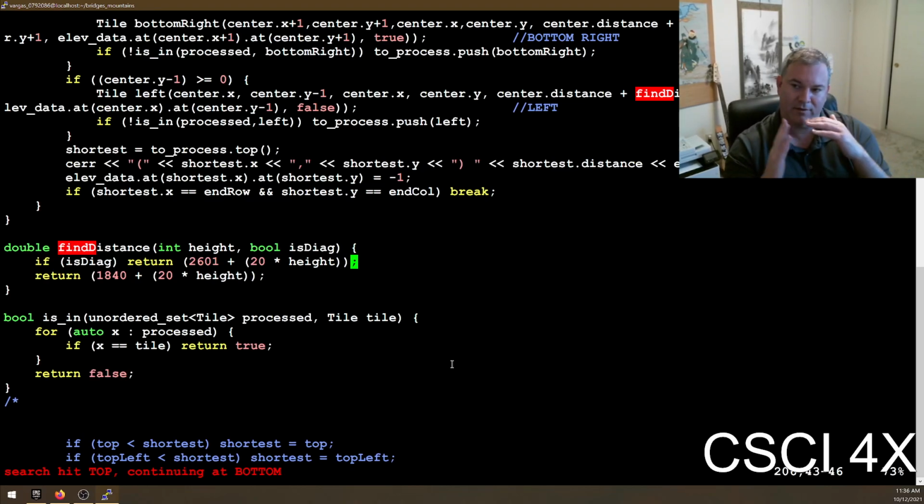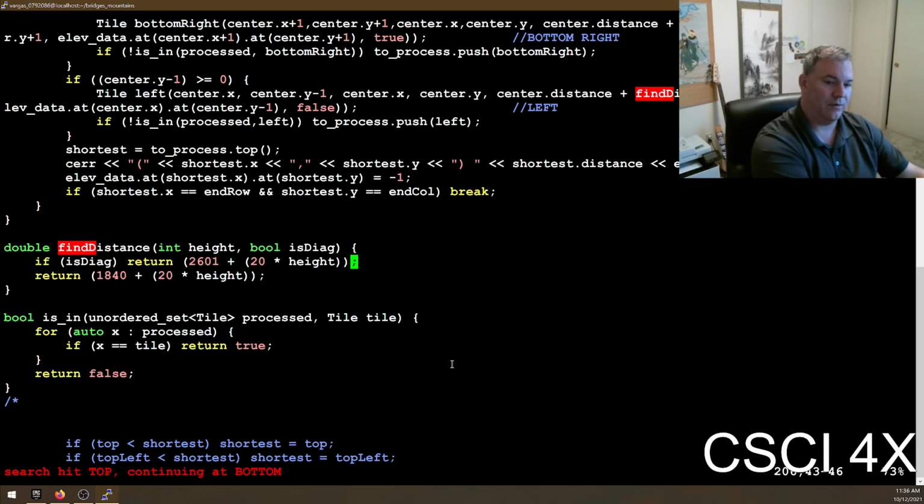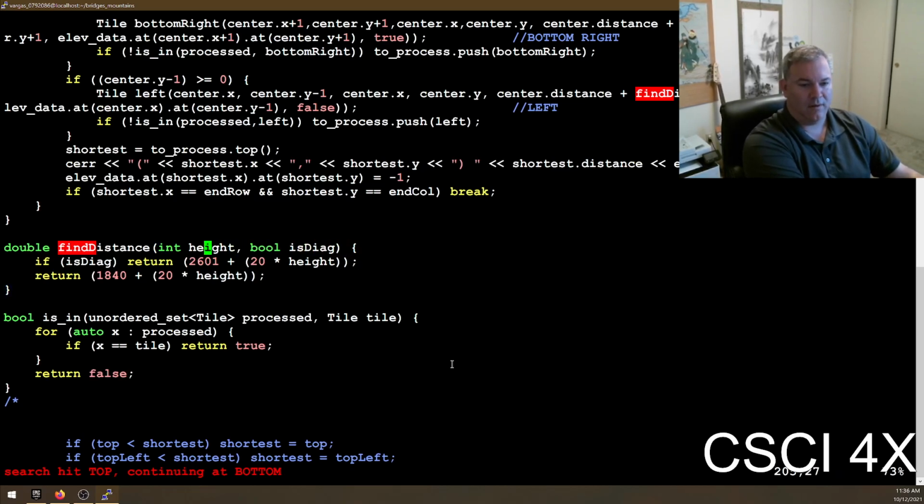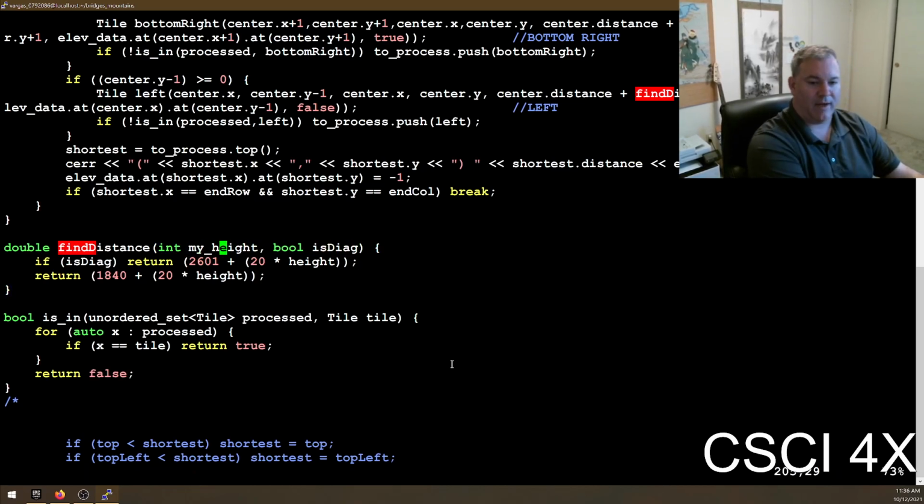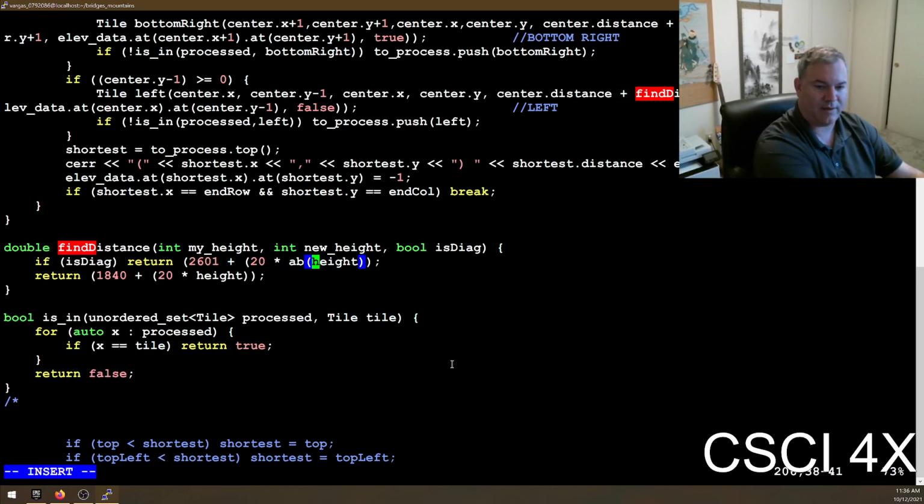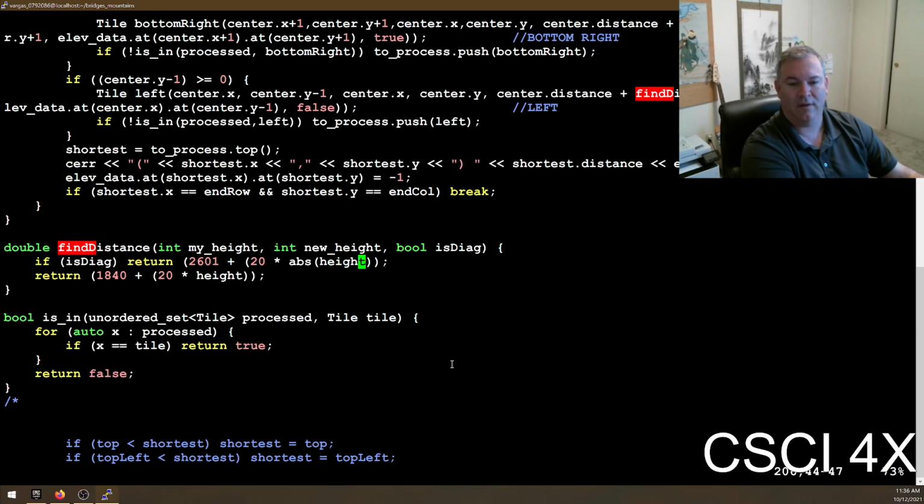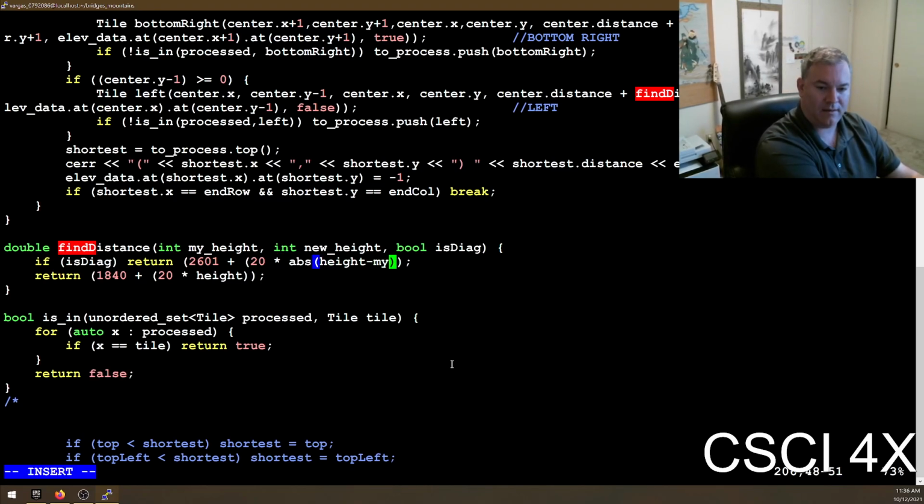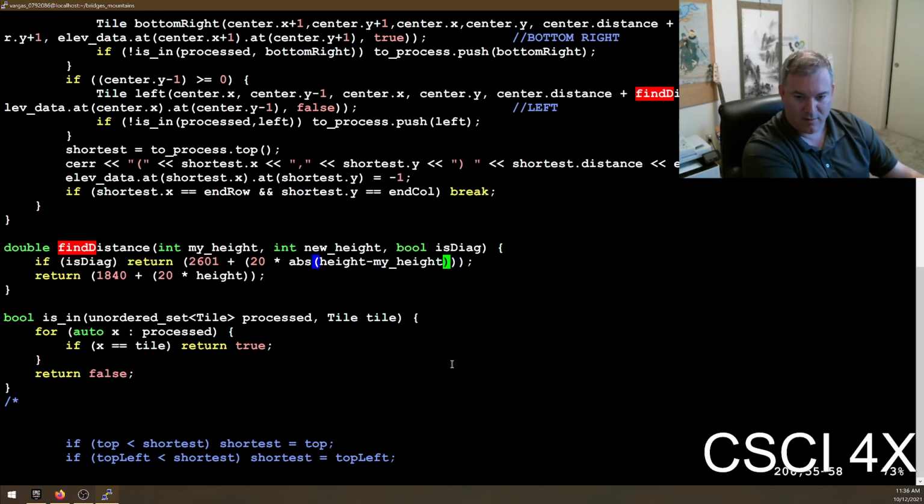So if I'm at 2,000 meters and the person to my right is at 2,000 meters, that's no height penalty at all. So you need to do something like this, like change it to be my height and the new height or something like that, and is diagonal. So if it's diagonal, it's going to be 20 times the absolute value of height minus my height. And it doesn't matter which one you do first, or even which one's my height. All that matters is